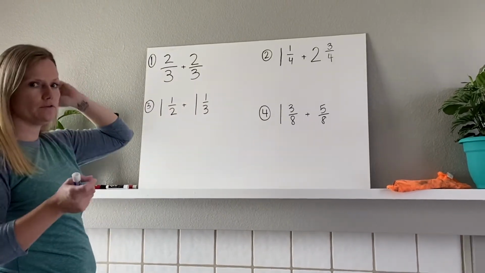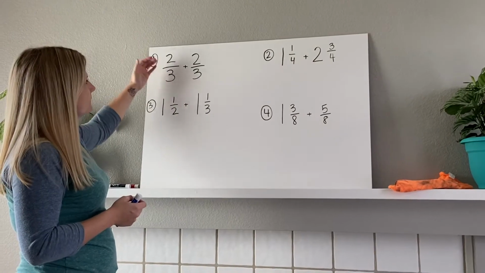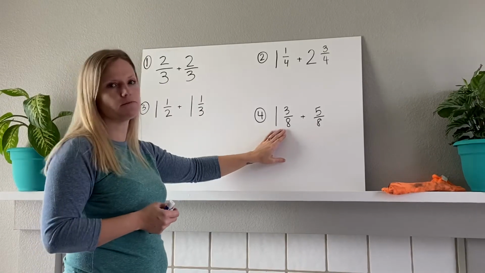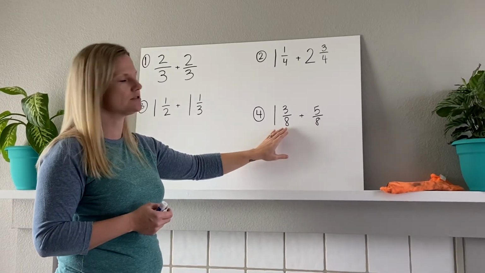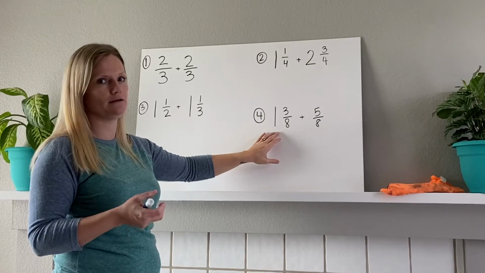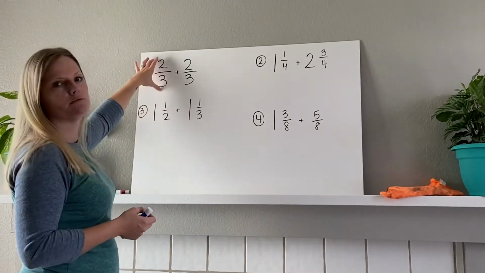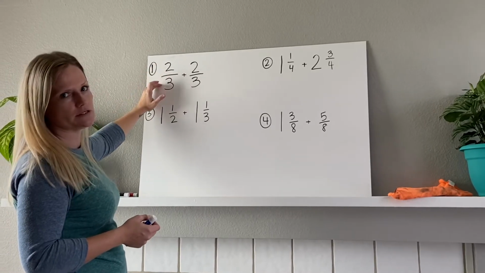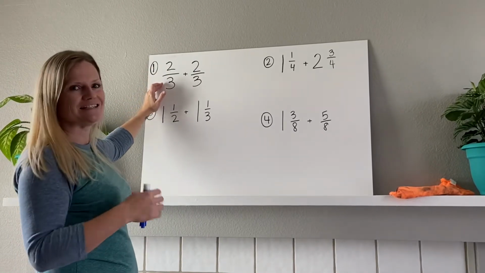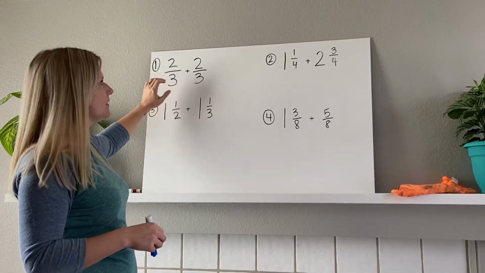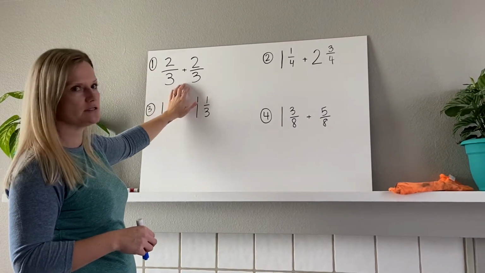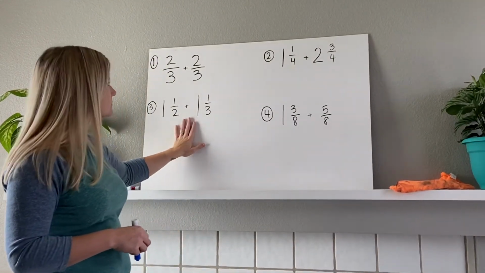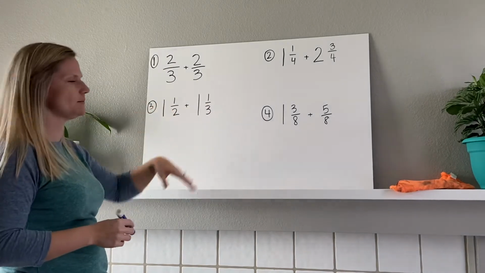So as a quick review, the number on the top is the numerator, the number on the bottom is the denominator. You'll see some other examples where we have mixed numbers, where we have a whole number and a fraction. So a mixed number is actually more than one. When we have a regular fraction with just a numerator and denominator, where the numerator is smaller than the denominator, it's less than 1. Okay, so we're going to go through and talk about how to add like fractions. Then we're going to go through and talk about how to add unlike fractions. Okay. So for the first example, like fractions,